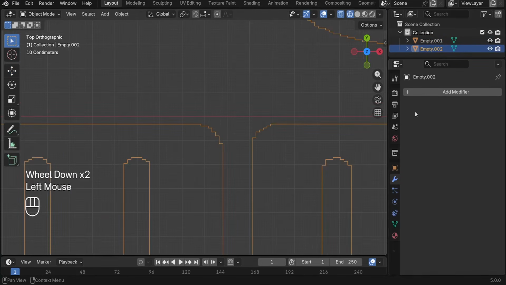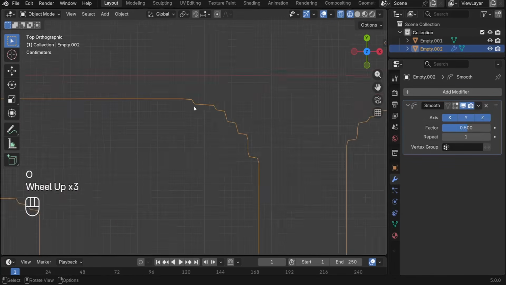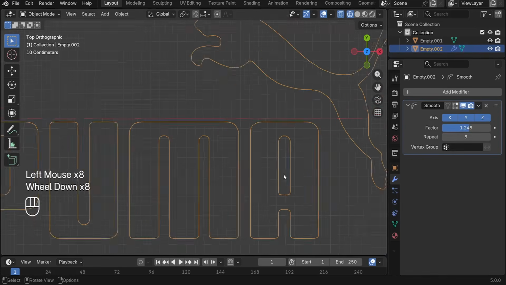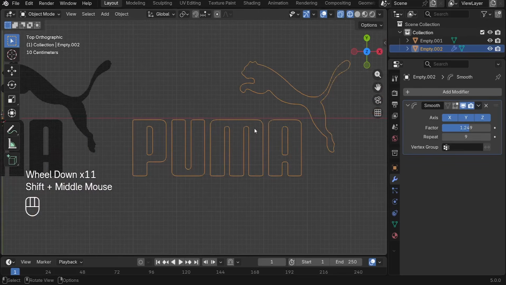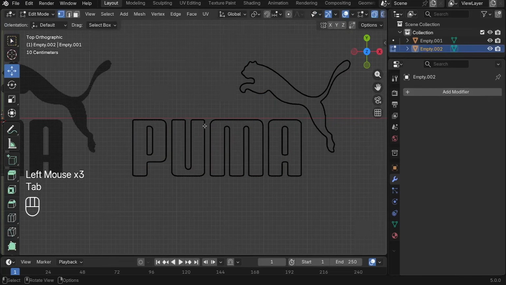So with this part selected, we can jump here to the smooth modifier, and we can keep increasing it up. So for example here, let me just take it up something like this, and we can increase the repetitions up until we got something smooth. So around 9 looks fine. So now it's smooth. We can just apply this smooth modifier, and after that what we need to do, we